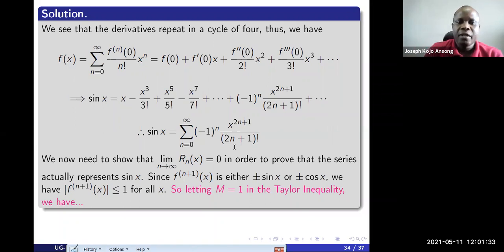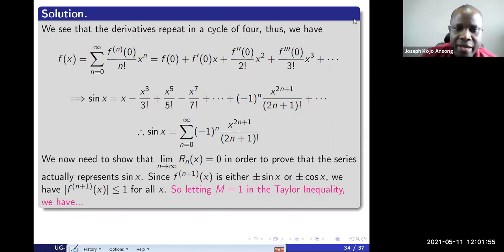The second bit is to actually show that if I'm adding the terms of this series, I'll actually be approaching sine x. The result will actually be approaching sine x. That is the main question. How do you prove that? Now, to prove that,